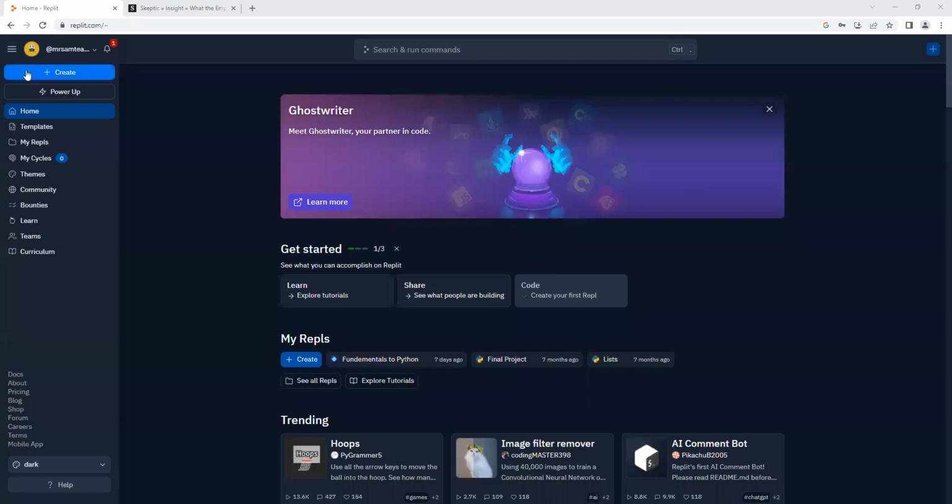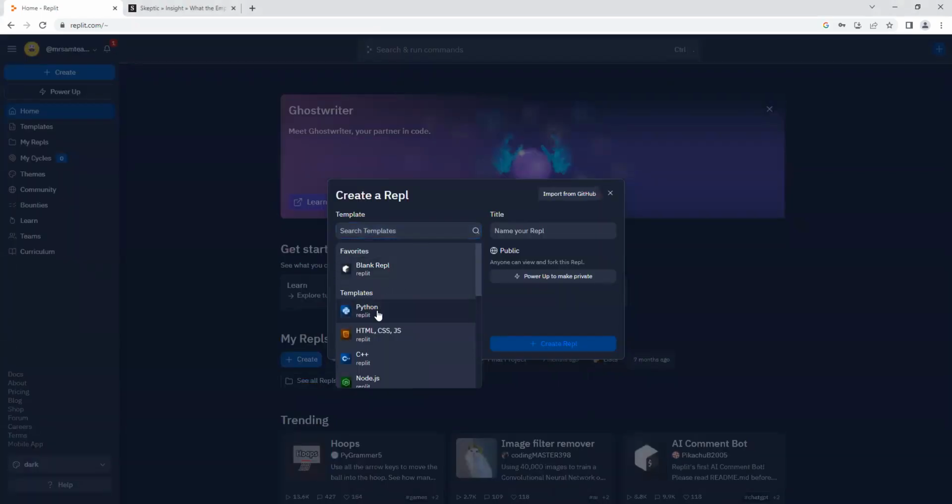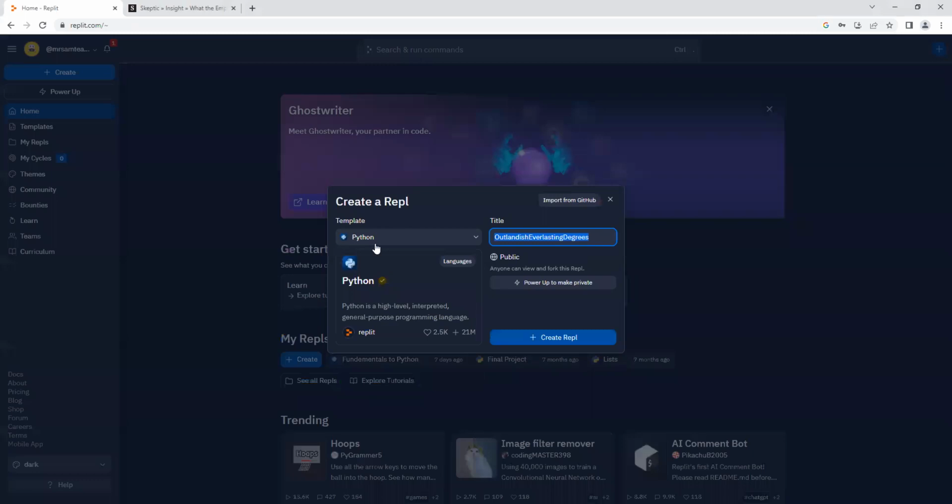I'm gonna go unfreeze the screen. So I'm gonna share the screen right now, and like before, we're gonna hit create, and then Python right here would be the template, and we're gonna name it rock, paper, scissors, or anything else that makes sense to you. We can put it as project. You can put it as game, whatever makes you feel comfortable, as long as you know where to find the file. Create REPL.